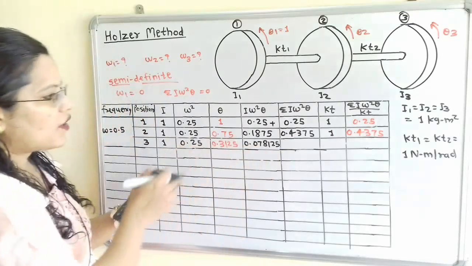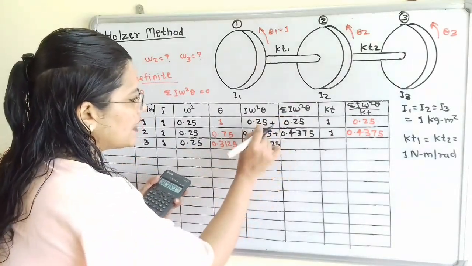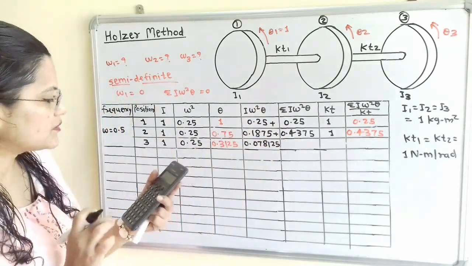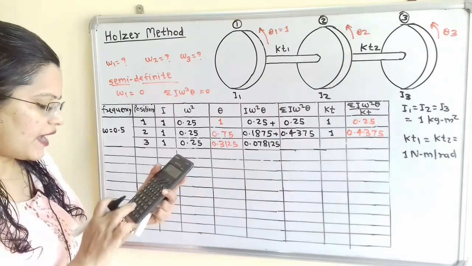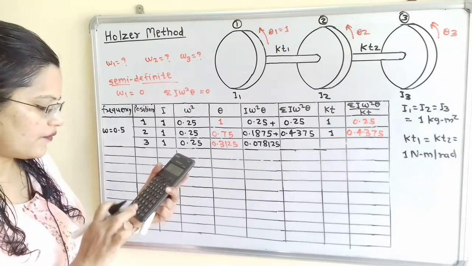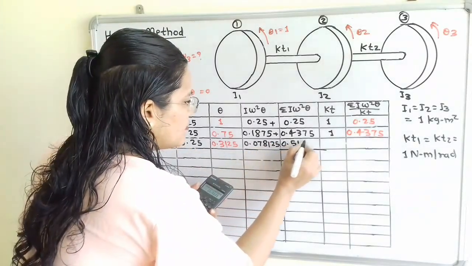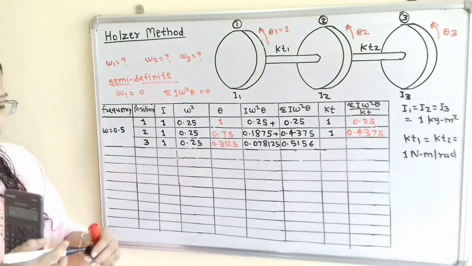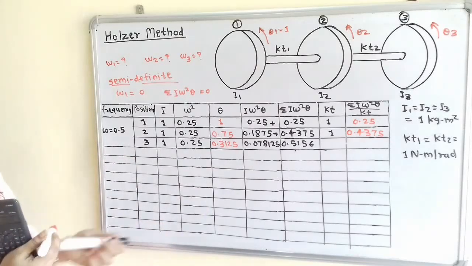0.078125. Now how to write the summation of I omega square theta? So we have to add previous two values. So we will add here plus 0.1875 plus 0.25. It is equal to 0.5156. Now this answer is important because the third position is the last position, and for the last position we